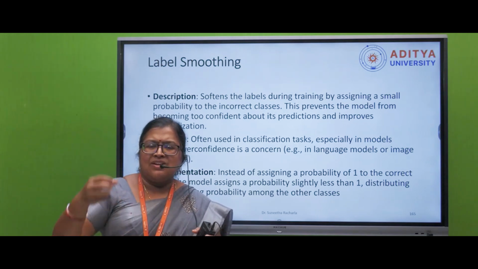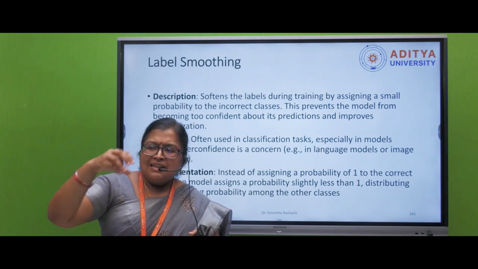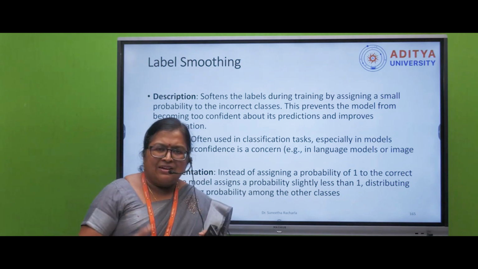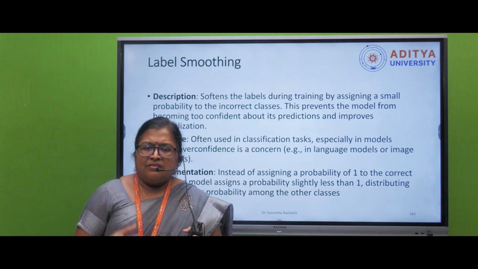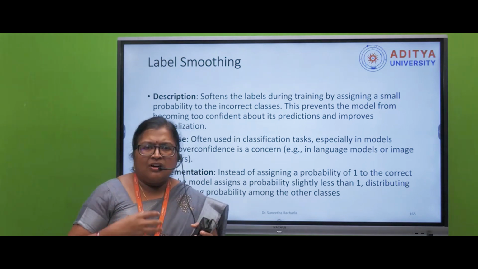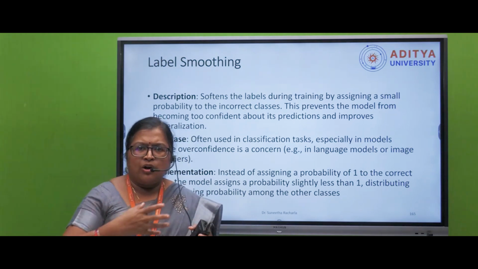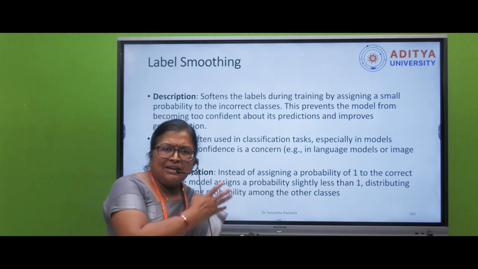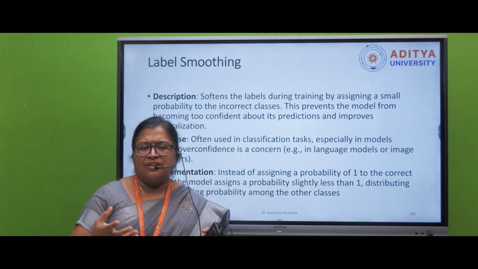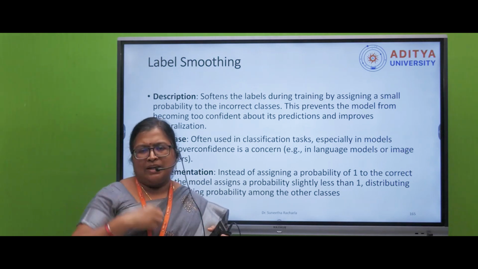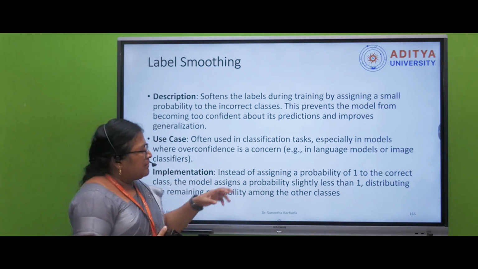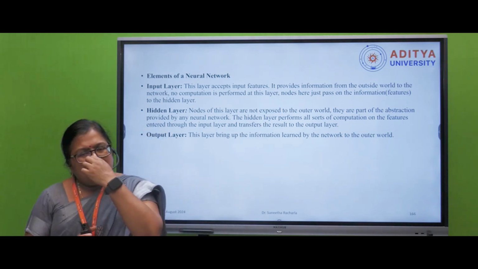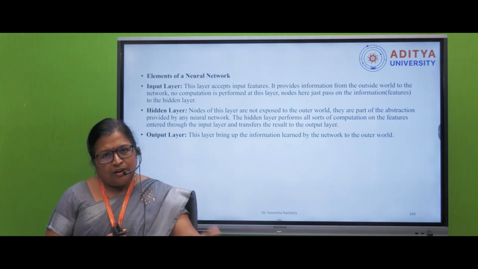In that case, it will inform the activation function that this particular node should be dealt with very little. You need not contact that node regularly. So smoothing will tell that, but it will not eliminate the node completely. The working and the participation of that node will be reduced. That is what label smoothing is. And these are the main concepts of deep learning that you use when you are doing the syntax.